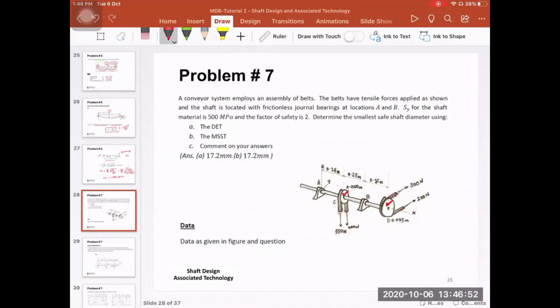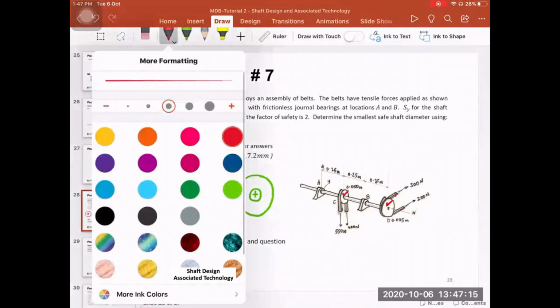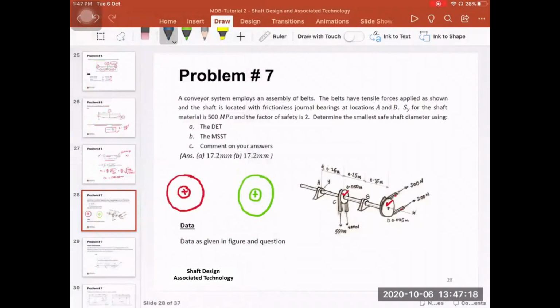The belt and the chain are quite similar, but there is one significant difference between them. For example, if you have a shaft here, and then there is a pulley, and you have another shaft here, and it has a pulley as well, and you want to transmit the power between them using a belt,